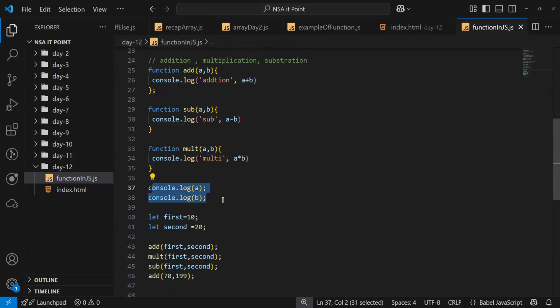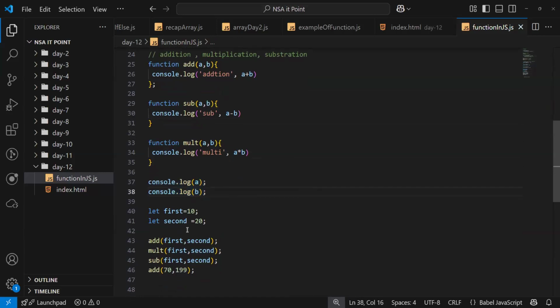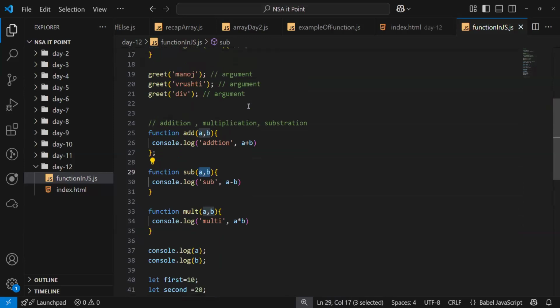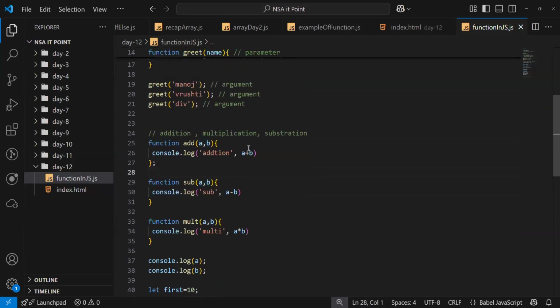No, because these variables are different. We created those specifically for these functions only. You can't access them outside this function.